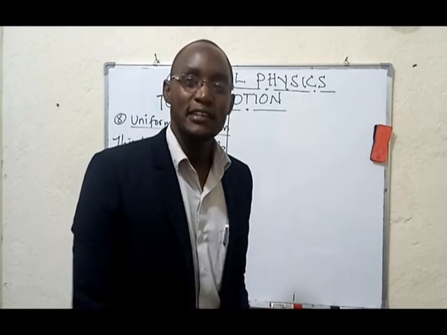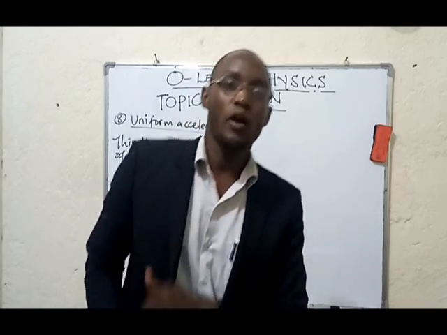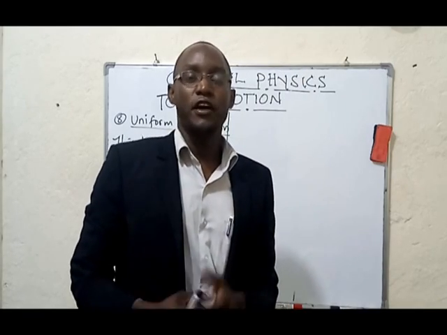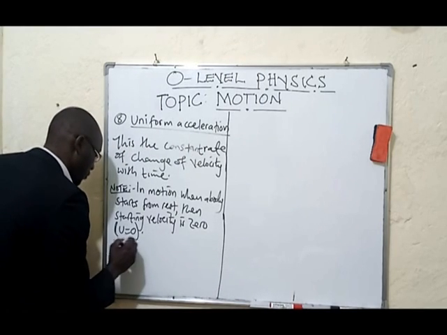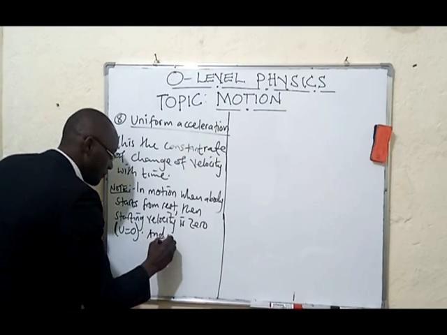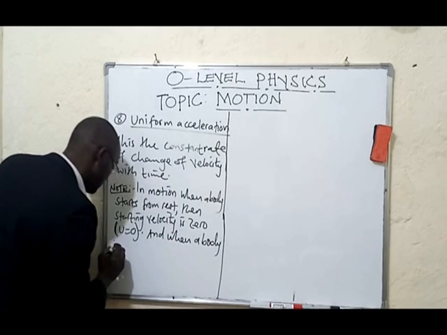So rest does not always refer to starting only, but you can also come to rest. Final velocity can be zero. So in other words, when a body is brought to rest,